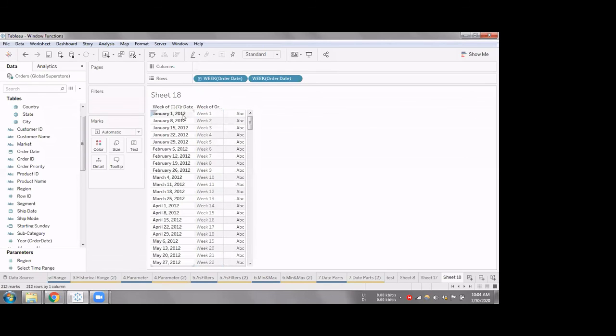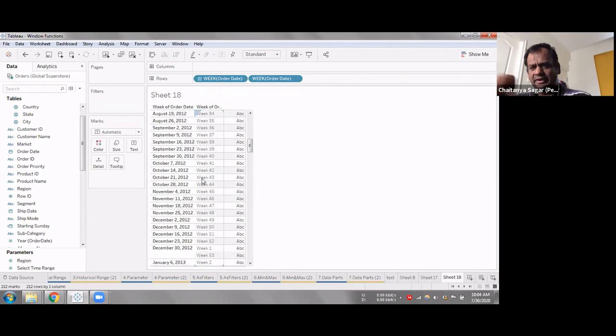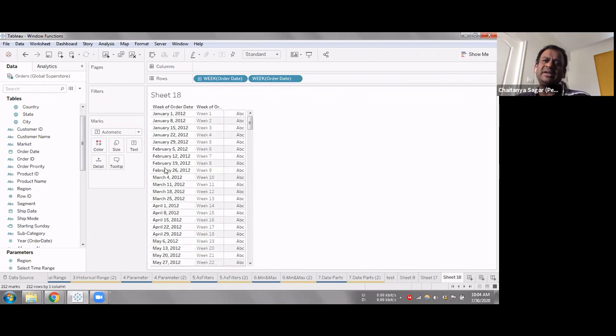So based on the date of the order, basically, that will give you that bunch, right? For each of the week, it will give you a specific number. We can potentially use this.